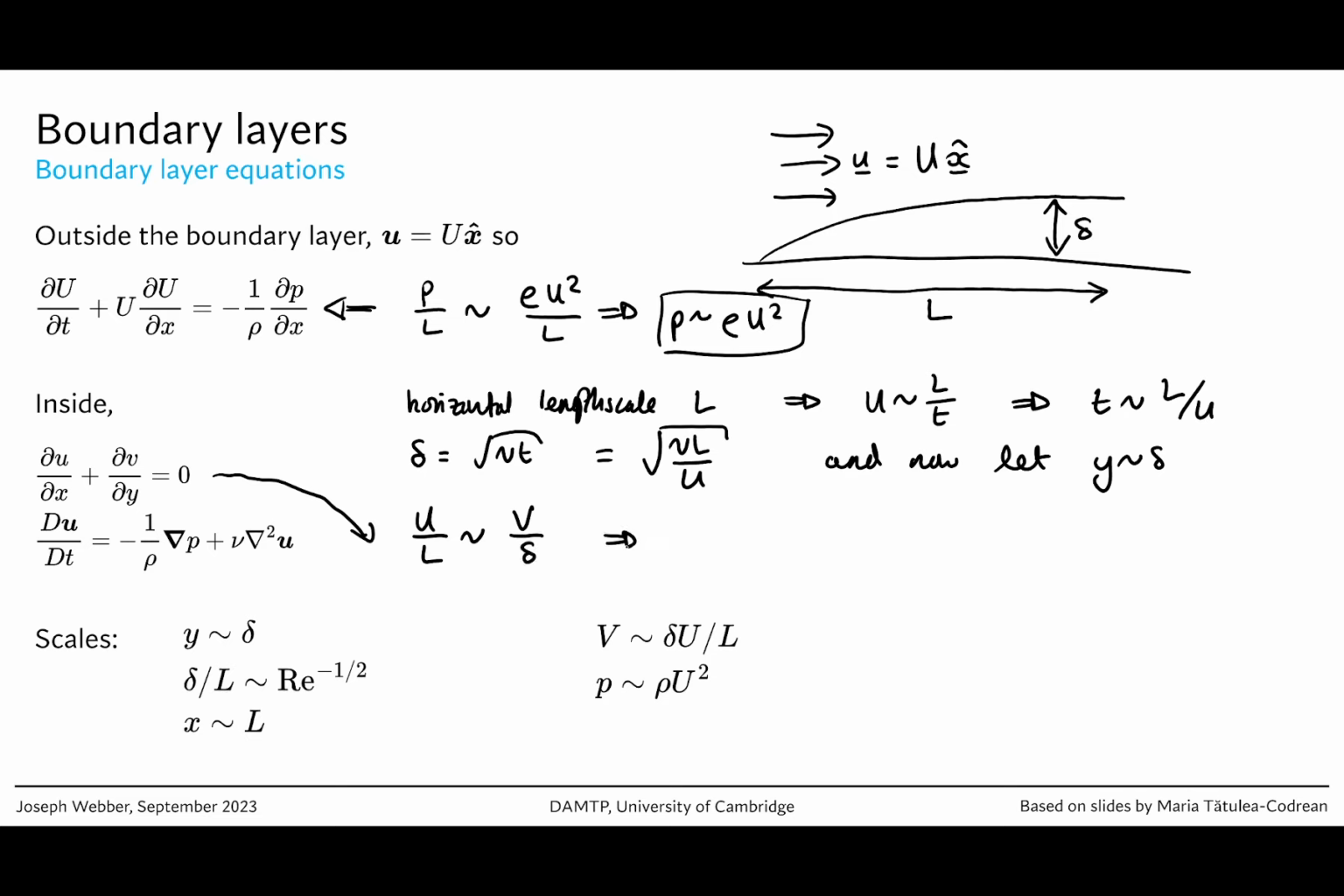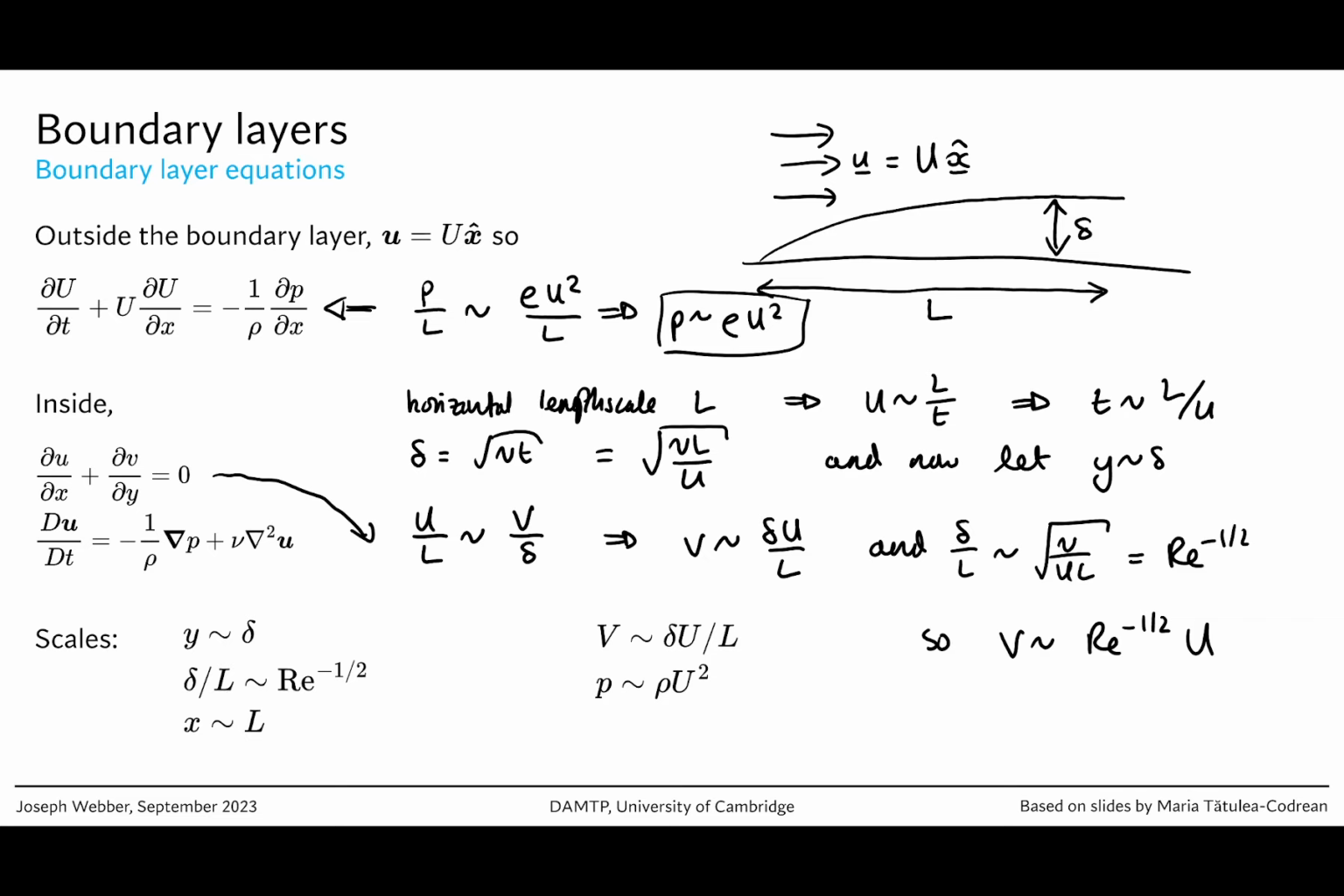That implies that v scales like delta u over L, and we also have that delta over L scales like root nu over uL, which is actually just the reciprocal of the square root of the Reynolds number. So v actually scales like Reynolds number to the minus 1/2 times u. So in flows with a very high Reynolds number, very inviscid flows, the vertical velocity is comparably small with respect